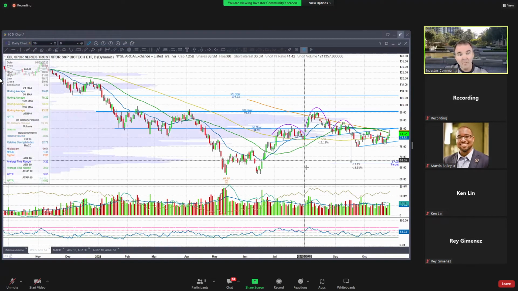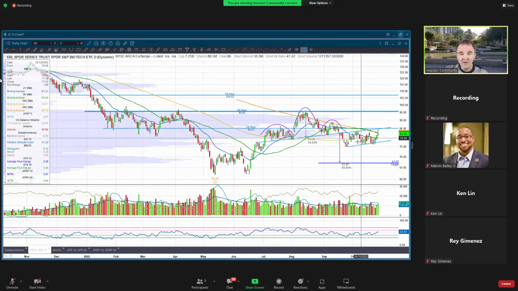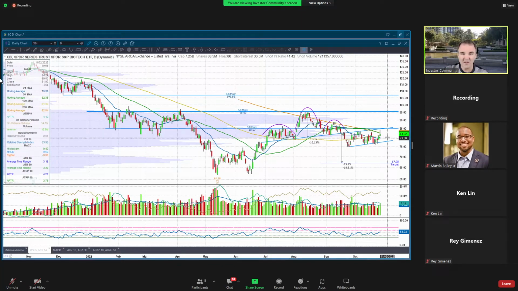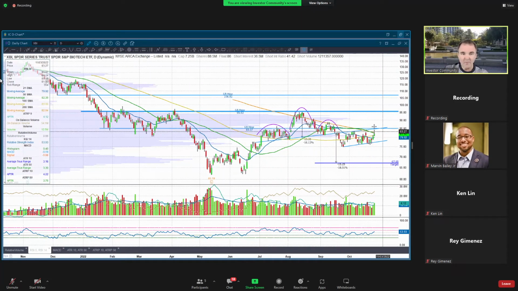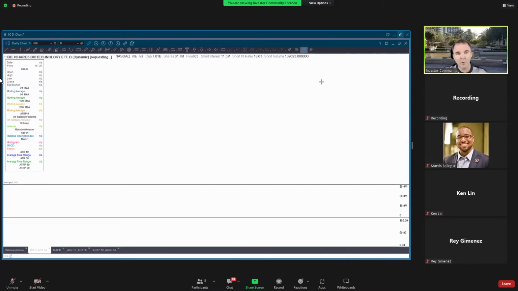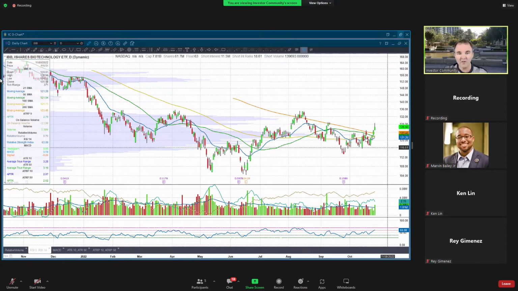XBI, the biotech, is sort of in this barely upward channel, defying this head and shoulders top here and trying to move up, but having issues. It doesn't look quite ready yet, but it's not bad. There's another biotech ETF, and I like the technicals on this one a little better right now. You can see that if there was a head and shoulders in this, we've broken up, but above the neckline would basically be here.